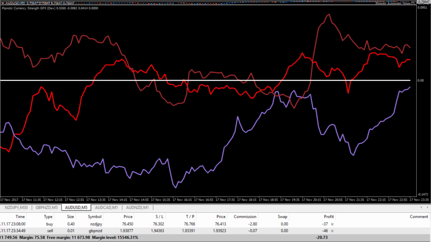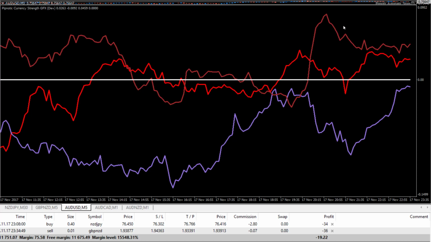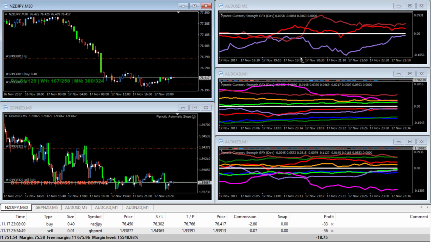And that's because now we have the British pound, we have the Kiwi here, and the Japanese yen. So we have three currencies that are currently working: Japanese yen, British pound, and the Kiwi. So now we only want to focus on those. So this is a really nice way to filter out the stuff that is uninteresting to us. Okay, good. So let's